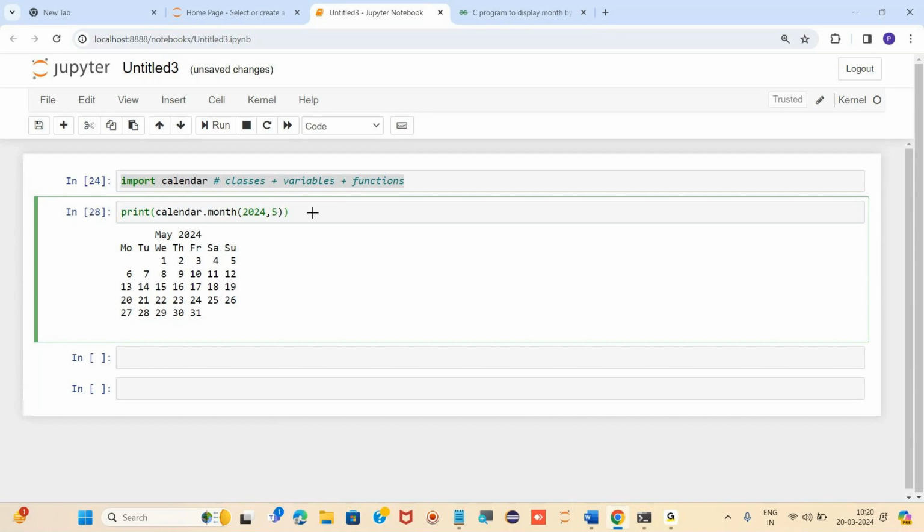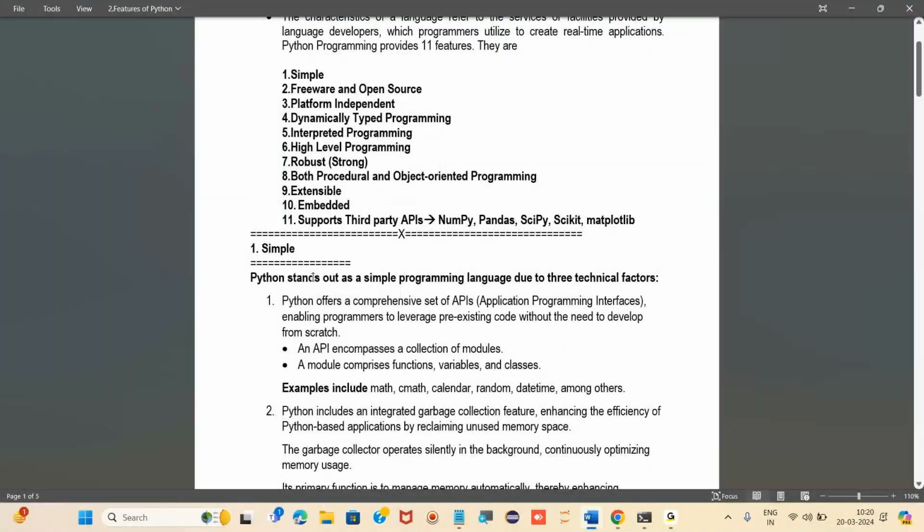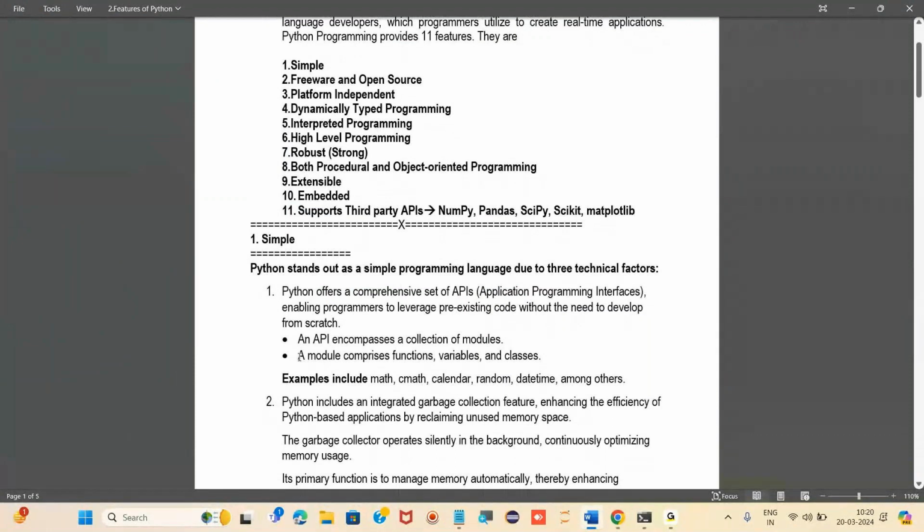Any doubt? That's why it is called a module, comprising functions, variables and classes. We do not need to write functions or variables separately, or create classes separately. A module is something which has already been created by the Python developers. Modules like math, cmath, calendar, random, date, time have already been created.